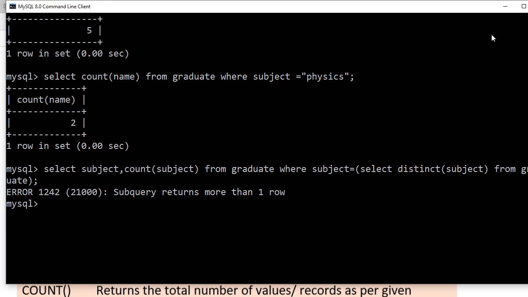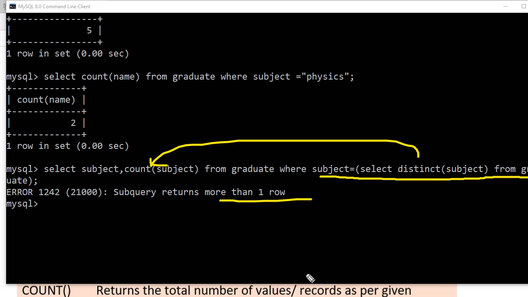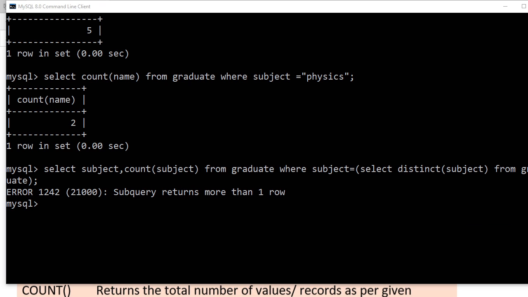Yeah, see everybody here. Now try to understand. This MySQL is telling everything to you. This query, what you have used here, is returning more than one row. Then how will things go here? Distinct subject is coming chemistry, physics, computer science, then maths. Then how will all these things be applied here? So the query is not okay, is it? Now you see, I am going to let you know. Still you people are very confused about the aggregate function and how to use it.